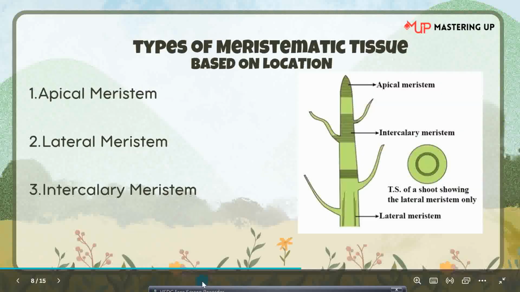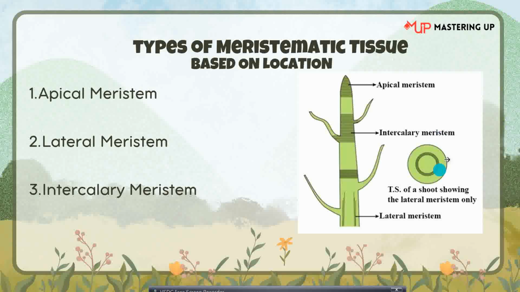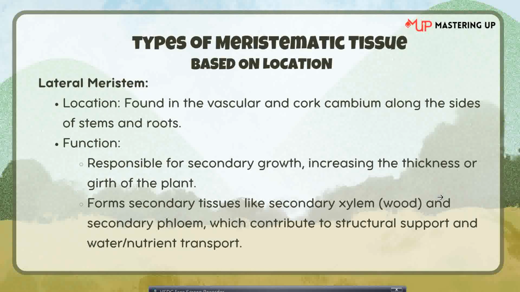Here in this picture you can see it is covering the circumference of the stem. This is the lateral meristem. Just like this, along the sides of the stem or root, the lateral meristem is present, and it is responsible for secondary growth, that is, increasing the thickness or girth. Apical meristem's function was to increase the length, and lateral meristem's is to increase the thickness or girth